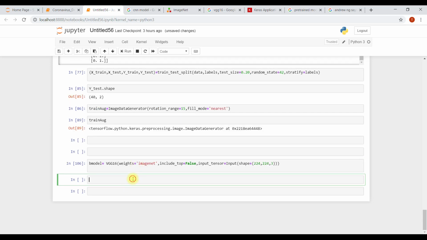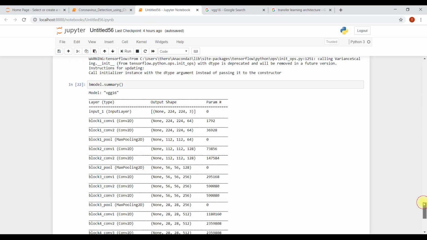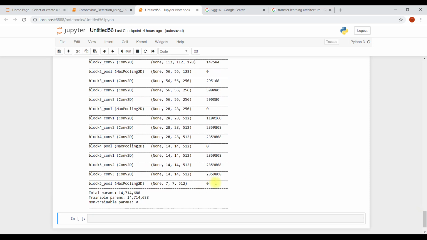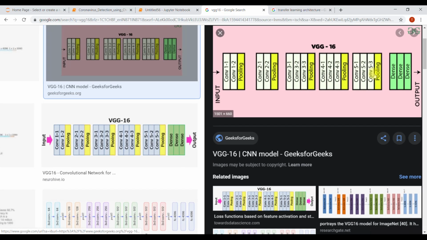Okay, guys, let's see the summary of the model. Base model dot summary. As you can see, we have up to block 5 max pooling here.